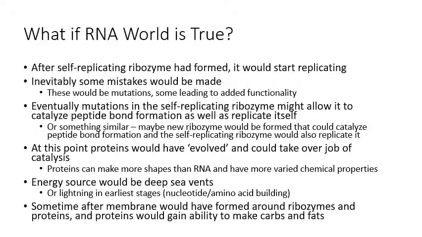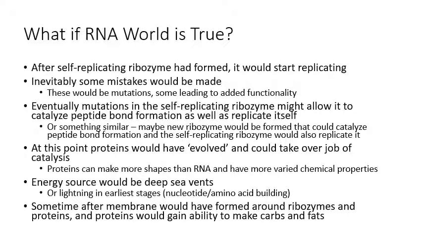It'll have a mutation. Most of those mutations will not be positive, or else will just not affect it at all. But sometimes when you get a mutation like that, it's actually going to add new functionality to that ribozyme, so it'll be able to do more things. So eventually, if we get enough mutations and enough of the right mutations in this self-replicating ribozyme, we might end up with a new version of it that's able to not only replicate itself, but also can catalyze peptide bond